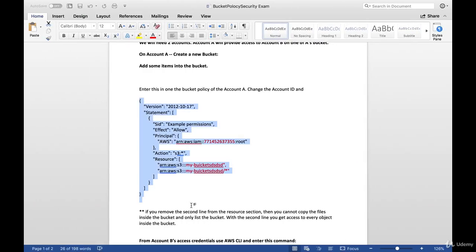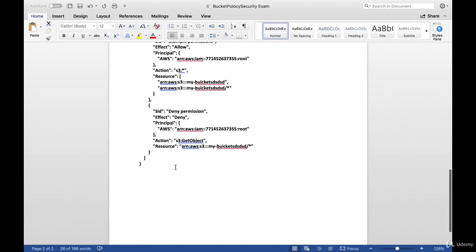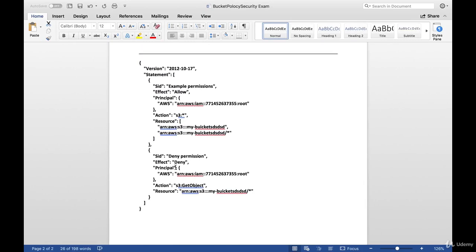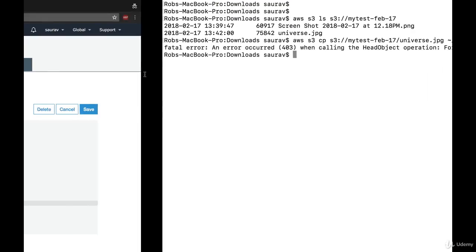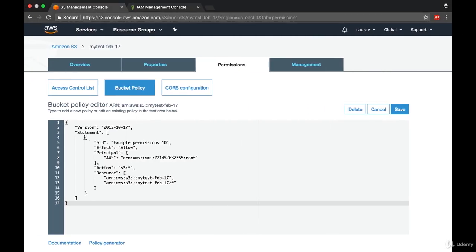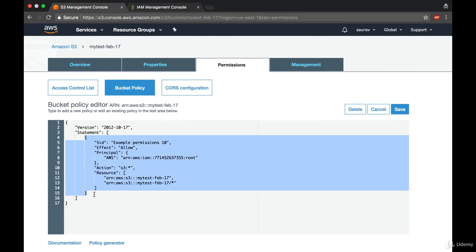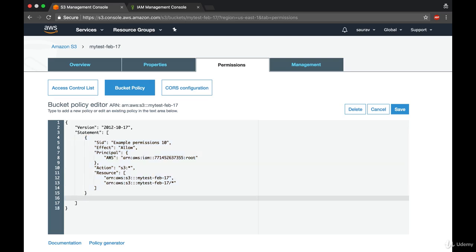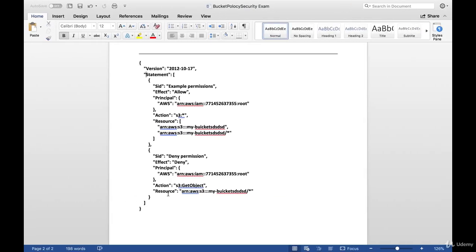So for that, what I have is in the statement section, as we saw, we have one statement now. Now what I can do is say comma, and I can add another statement, right? And to do that, I have it set up over here. I just want to copy the second statement